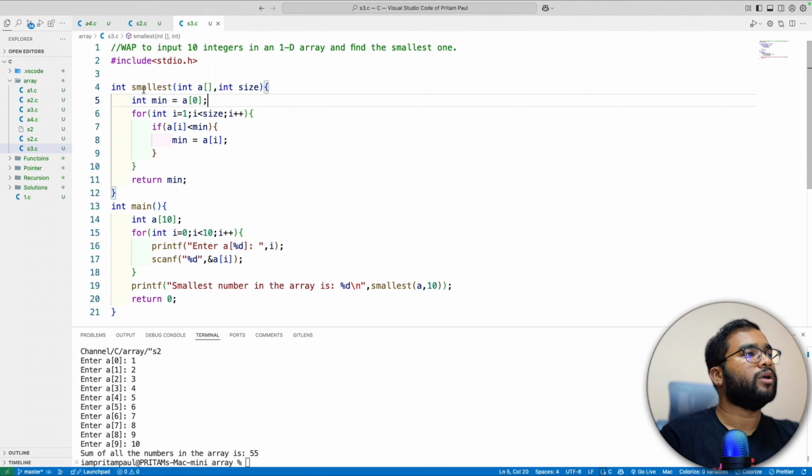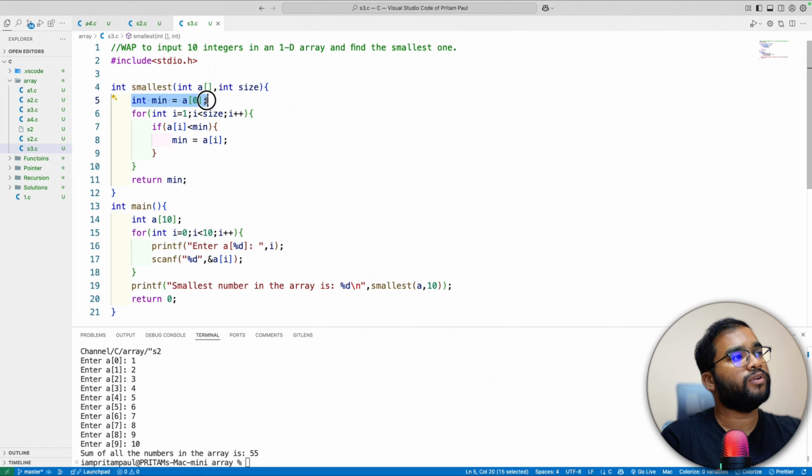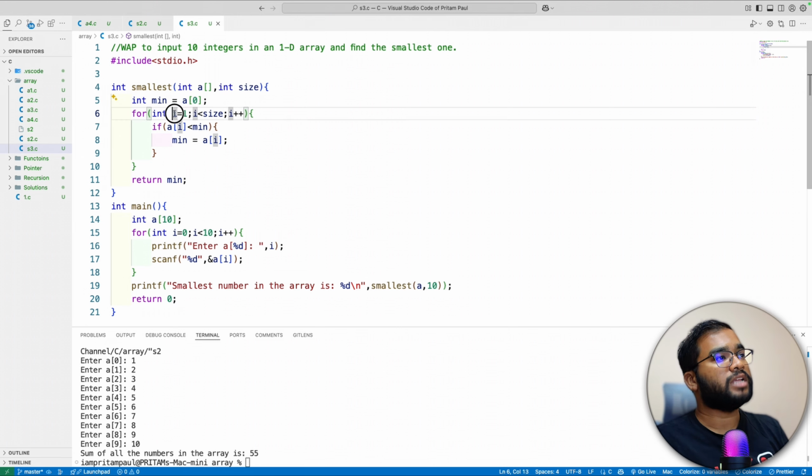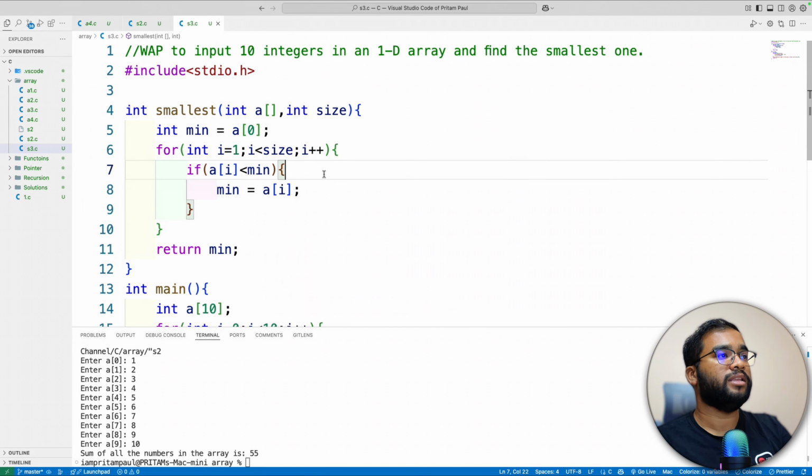Okay, so this is the one. We take an integer minimum as a of 0, the first element inside min, and then we will start from the first index to the last index. And if a of i is less than min, that means what will happen,